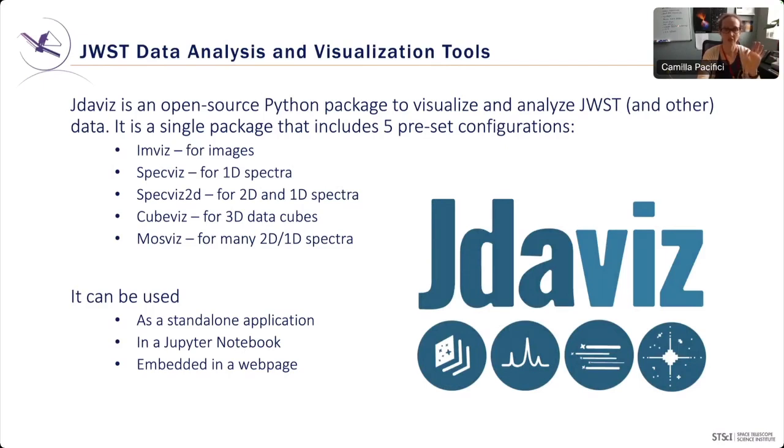So we have Imviz, that is for images, Specviz for 1D spectra, Specviz2D, that has 2 viewers, one for 2D spectra and one for 1D spectra, so you can extract interactively your 2D spectra to 1D spectra, Cubeviz for 3D data cubes, and MOSViz, which is our little beast that is for visualizing many 2D and 1D spectra as